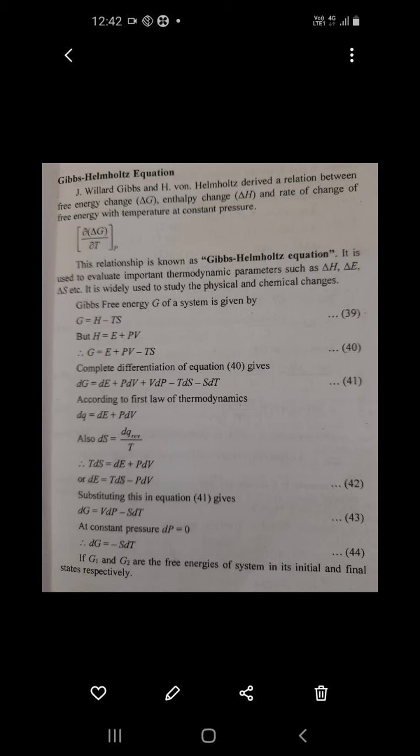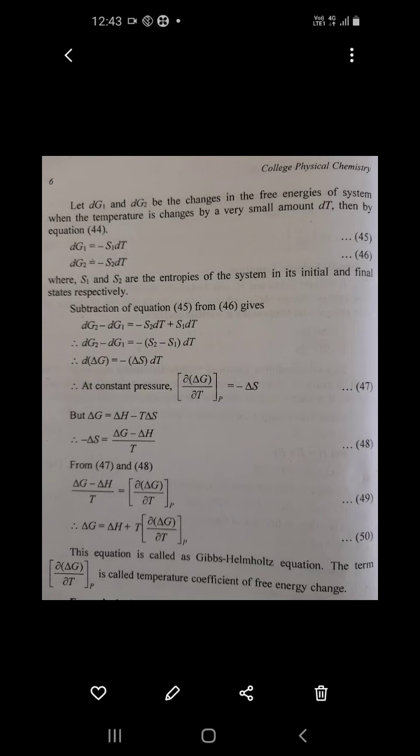dG is equal to V dP minus S dT by cancelling some common terms. At constant pressure, dP is equal to 0, therefore dG is equal to minus S dT. Remember, if G1 and G2 are the initial and final state free energies of that given system, then dG1 and dG2, the small changes in free energies of the initial and final state of the system, can be written by